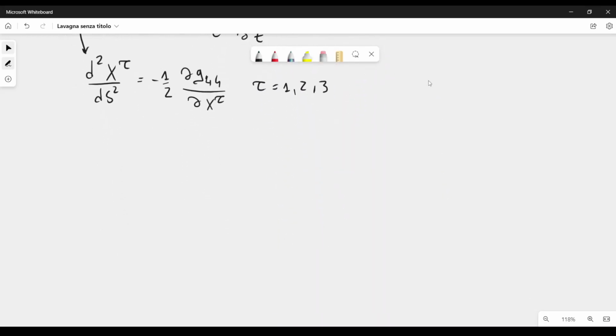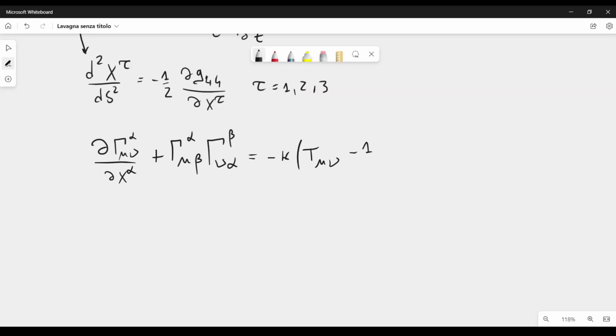3. And now also remember that we have these equations, the field equations that we derived in previous videos, d gamma alpha mu nu with respect to x alpha plus gamma alpha mu beta times gamma beta mu alpha equal to minus k times T mu nu minus 1/2 g mu nu times T. And remember that we use this equation in conjunction with the fact that the square root of minus g should